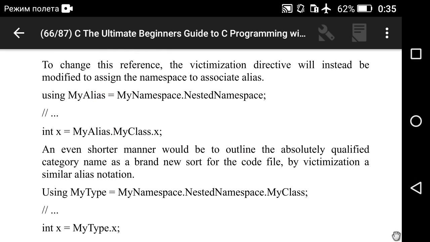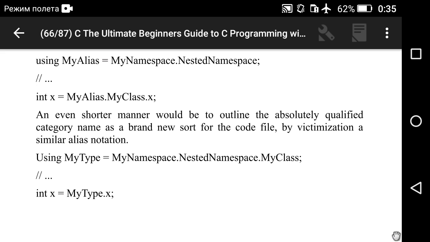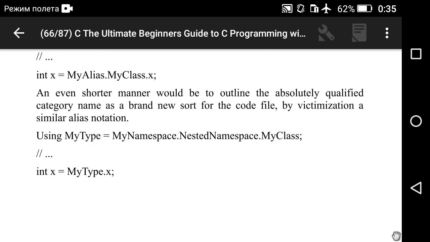To change this reference, the using directive can instead be modified to assign the namespace to an alias. using MyAlias = MyNamespace.NestedNamespace. int x = MyAlias.MyClass.x.